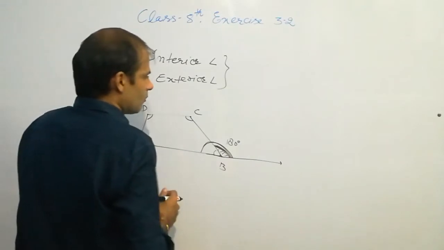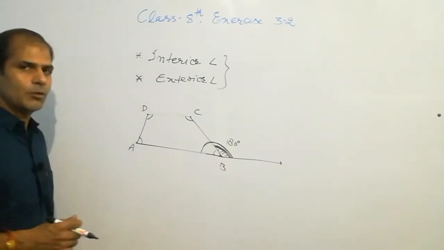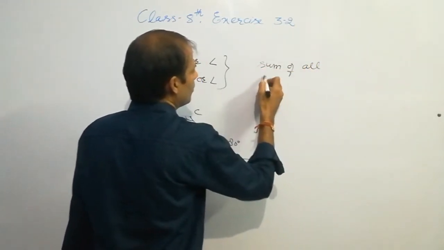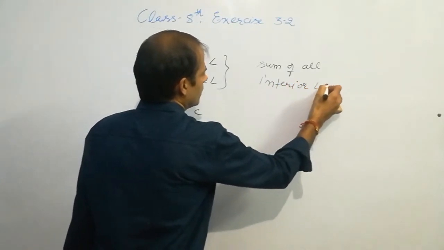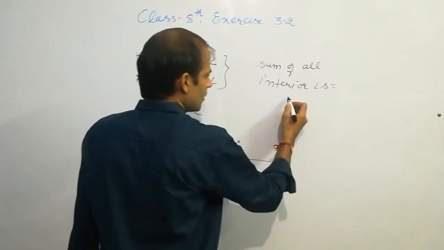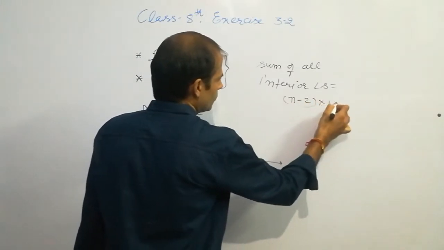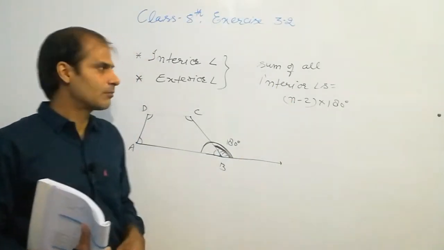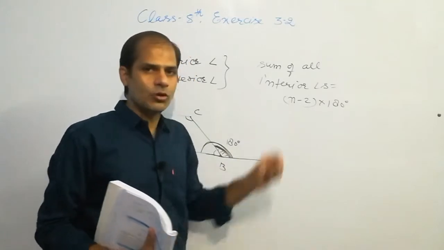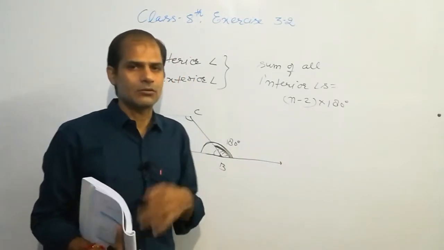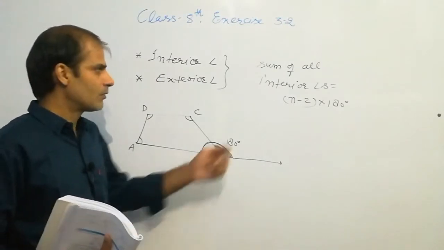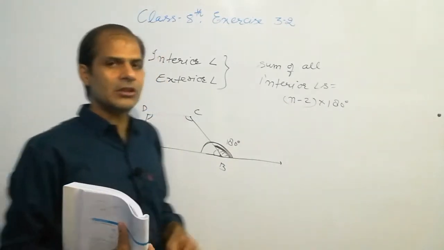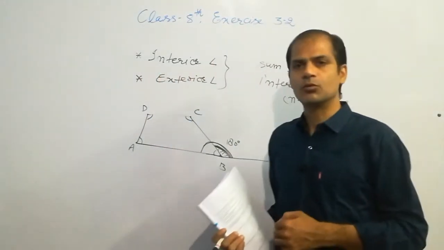Now what about the sum of interior angles and the sum of exterior angles? So sum of all interior angles is equal to n minus 2 into 180. This formula is used to find the sum of all interior angles. It means it depends on n. ये formula n पे depend करता है. What is n? n is the number of sides. It means the more the number of sides, the more is the sum of interior angles. जितनी ज़्यादा sides polygon में होगी, उसके interior angles का sum उतना ही ज़्यादा होगा.